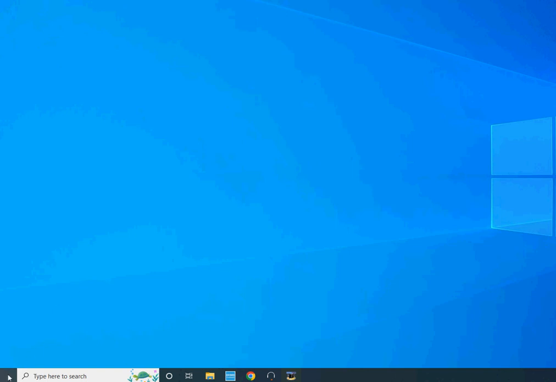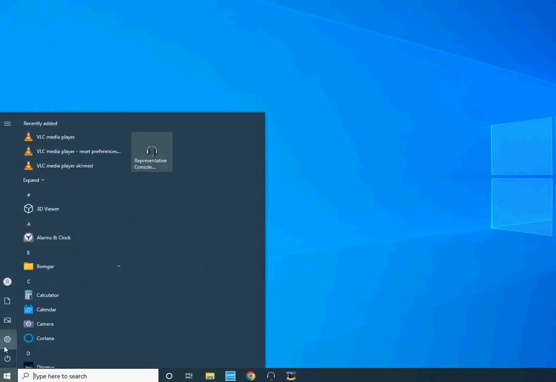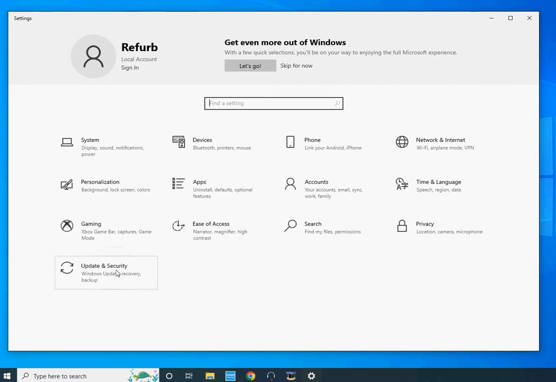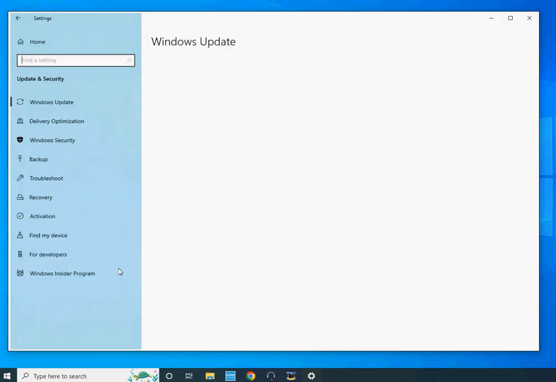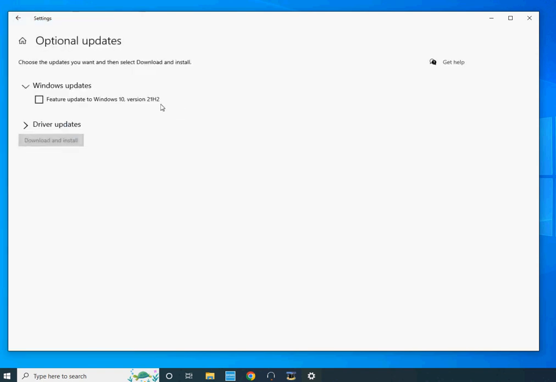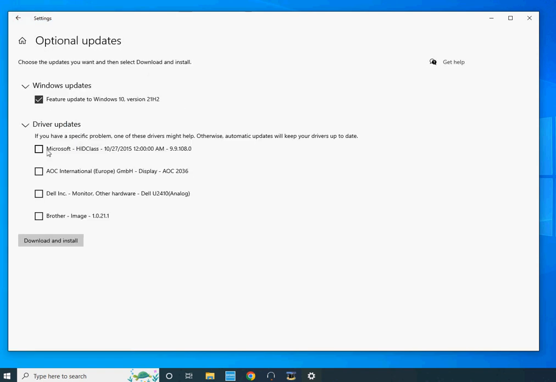So let's do that again. We're going to bottom left, go up to the gear which says settings. Go to update and security. You could push check for updates, which I did a second ago. Sometimes optional updates is not here, and you could just do the major one if there is anything. There might not be anything there at all, but I like to click on optional updates and make sure there's